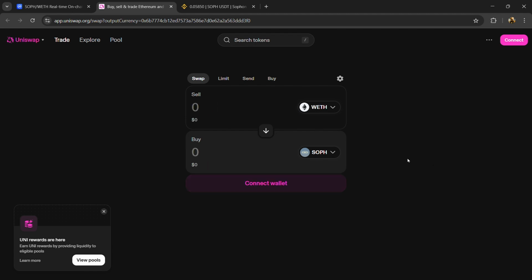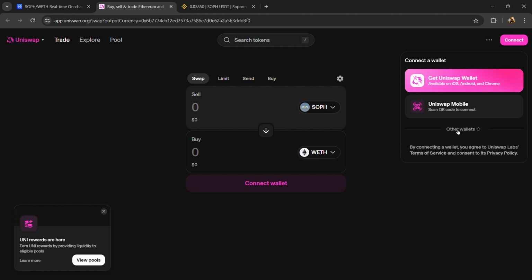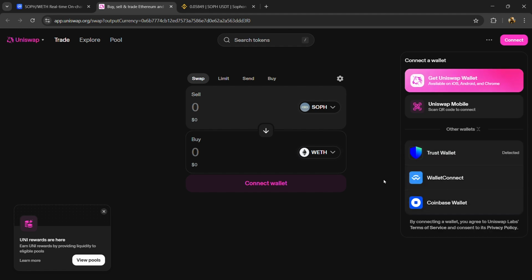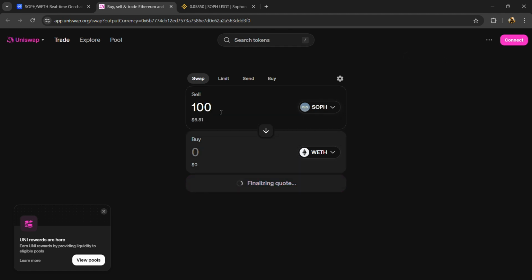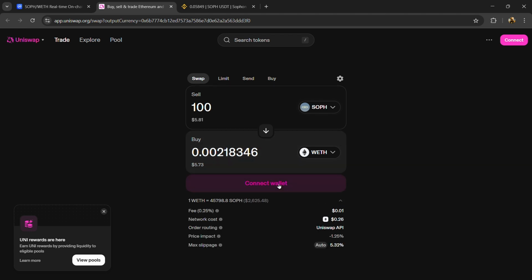And if you want to sell this token on this decentralized exchange, then click on this arrow, and again you need to connect your wallet or mobile wallet from this exchange. And here you will enter the number of tokens that you have, and finally you will confirm the transaction. Then you will receive ETH in exchange for this token in your wallet. So in this way you can buy and sell this token on centralized and decentralized exchanges.